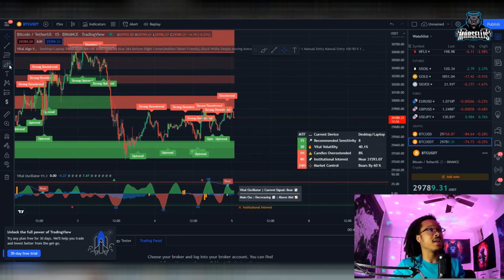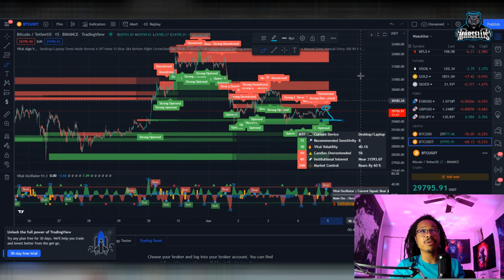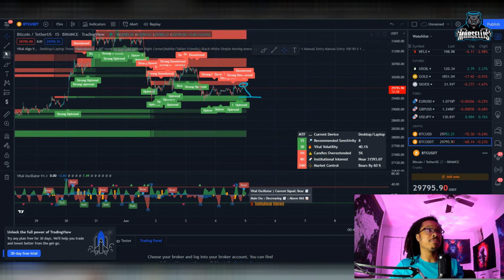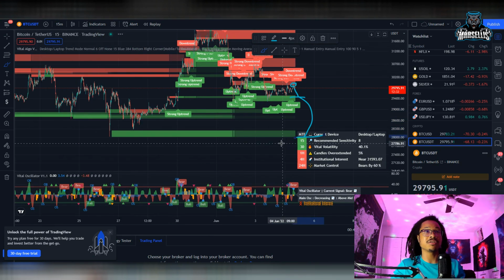Bitcoin is doing the same thing, getting rejected at this resistance. So as we get rejected, we're going to get pulled back here and we're going to build up momentum once we hit 29K. It's going to help us build up momentum. And then we can actually go a little bit lower because right now we're at 29.7K. But honestly, I've been doing a technical analysis on Bitcoin a lot as well, and I predict Bitcoin will be going back to about $26,000 or $28,000 first, and then 26,000 could come after that